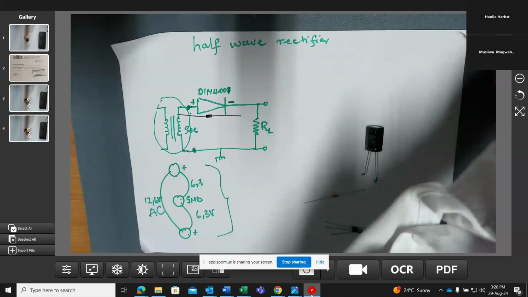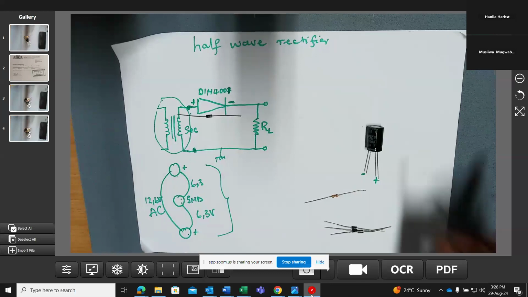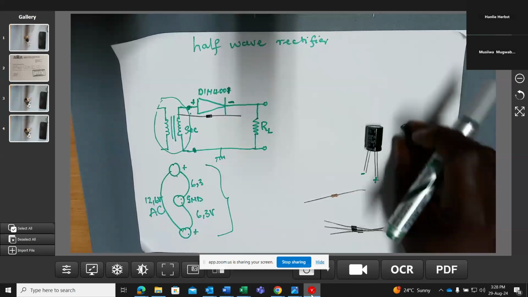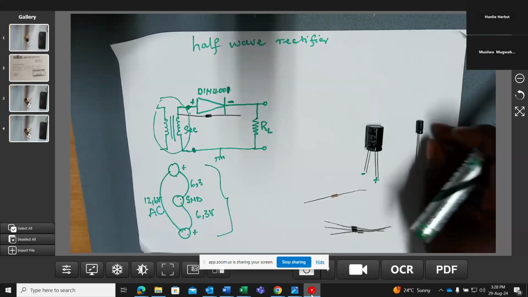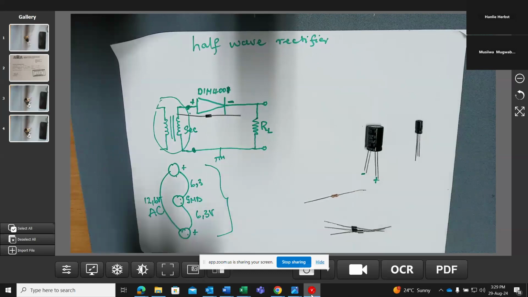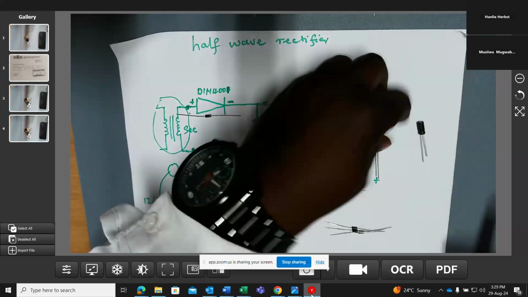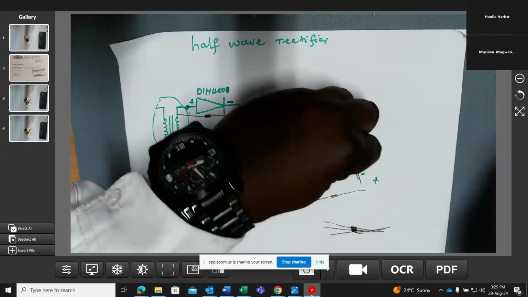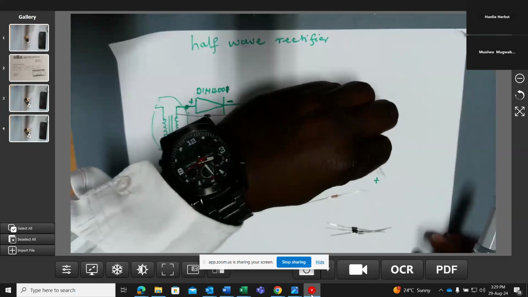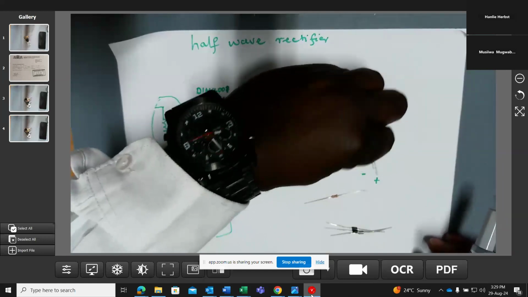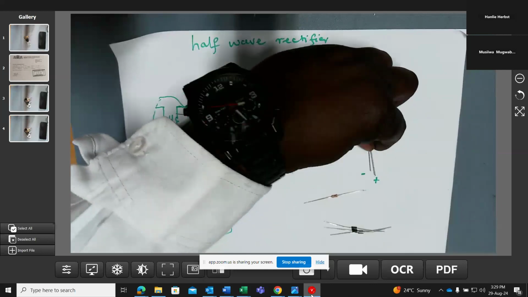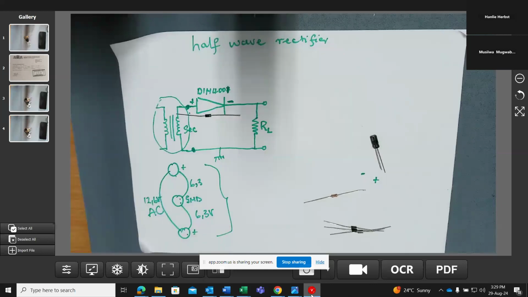Now, we've got another capacitor, but this one has a smaller body, which means the smaller the value, the smaller the body; the bigger the value, the bigger the body. With this one, the same thing applies. The longer leg is the positive side, and the shorter leg is the negative side. That is your capacitor. But now, when we do a half wave rectifier,